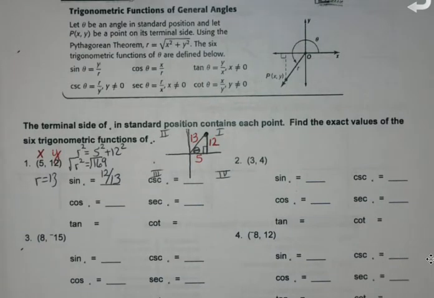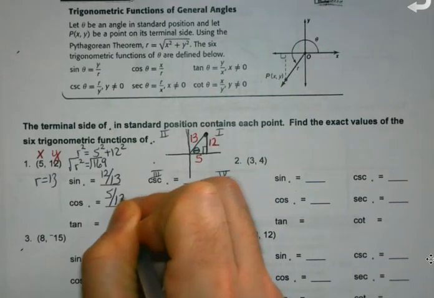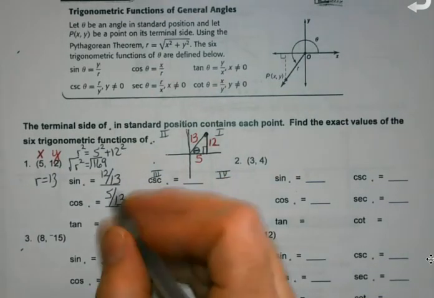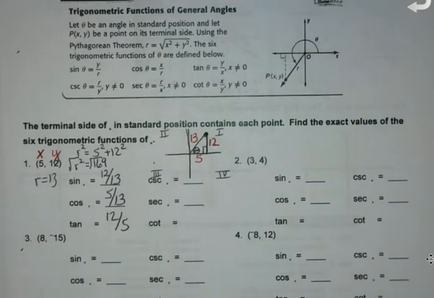What about cosine? 5 over 13. I thought they wanted the number. And tangent? 12 over 5. Okay, because it's opposite over adjacent. Because once I know the first three,